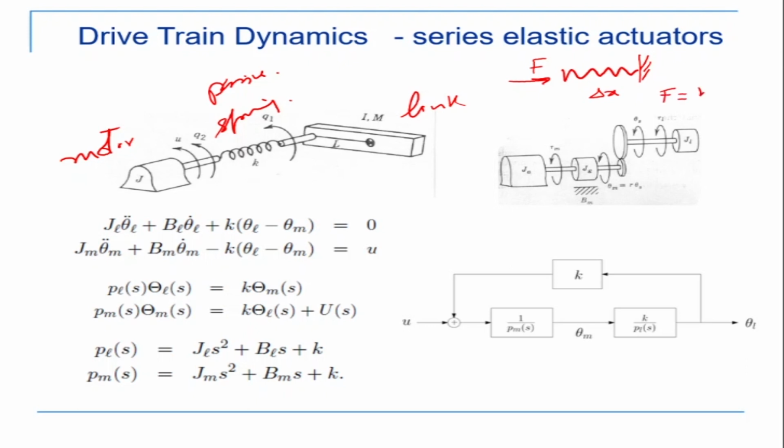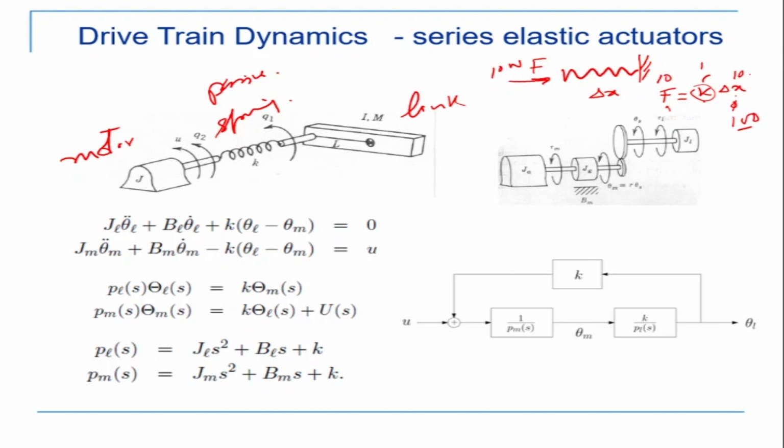Now F is equal to K into del x. Okay, which means that for a fixed K, this del x is also fixed. That means it's a passive system. You cannot control the del x for a given K. So suppose I give 10 newtons here, and K is equal to 1, then your del x is equal to 10. So you cannot have a force of 10 newtons where K is 1 and say I want del x equal to 100. That's not possible. Okay, so this is basically a passive spring, which means that you cannot actually control the amount of stiffness which is occurring.